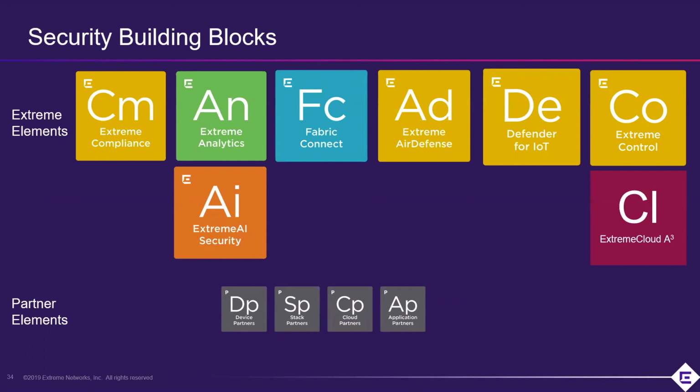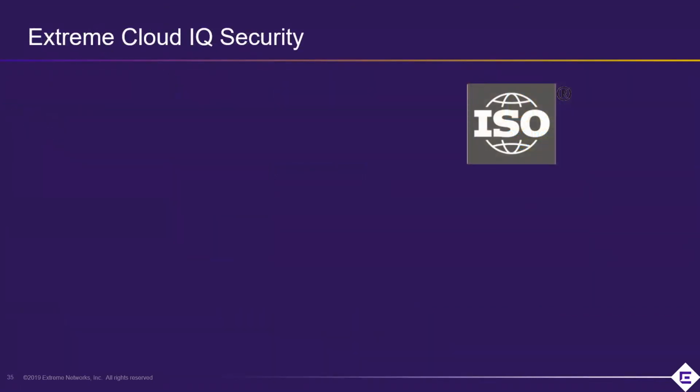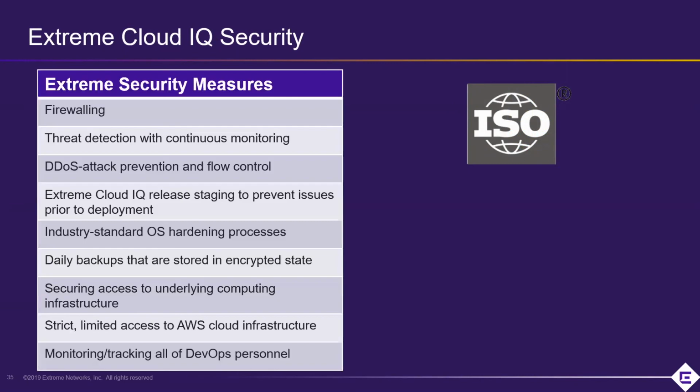And then notice how below we also show our partner elements, very key in order to create a complete security building block infrastructure. And then again, as you probably know, but if you don't, Extreme Networks acquired Aerohive, and Aerohive brought a very mature cloud security model that was true third generation. We have taken that, and we're quickly moving it to a fourth generation, and that will be culminating very quickly.